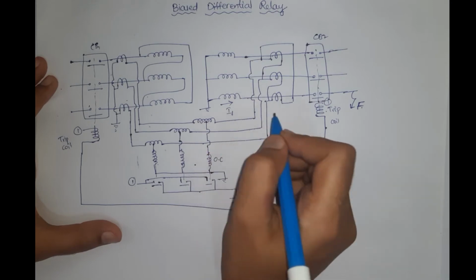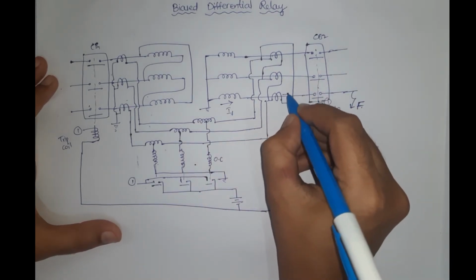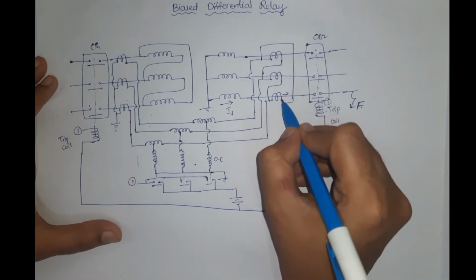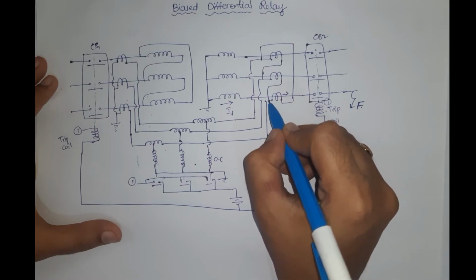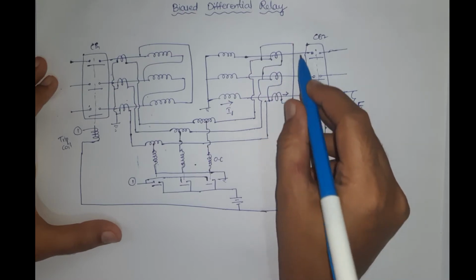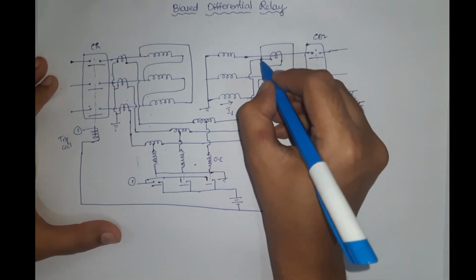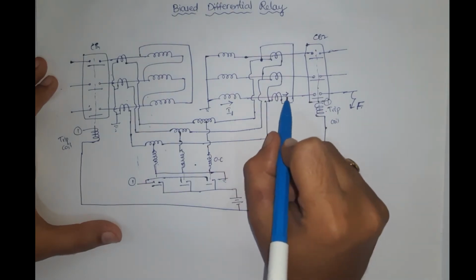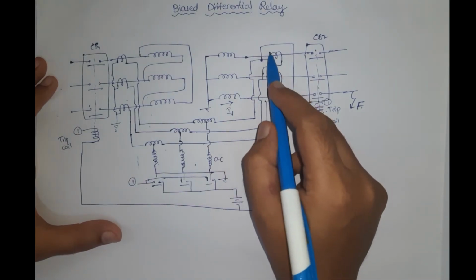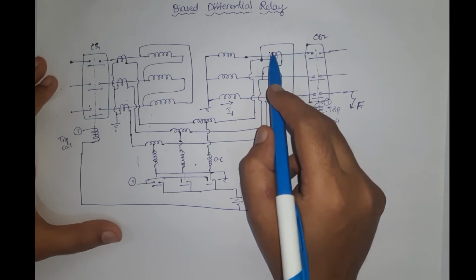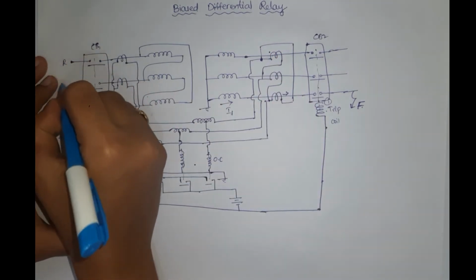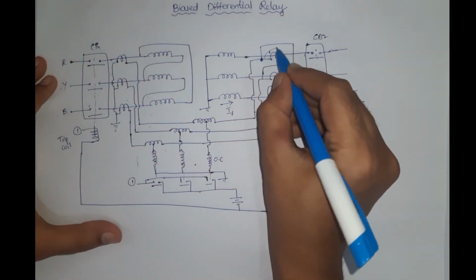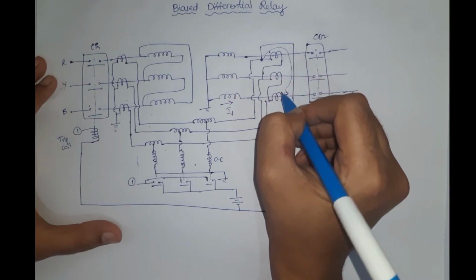When you come to the current transformer, it is supplied by this one, right? So the two ends of this coil of the current transformer are connected, one point from this one and the other point from this one. Right, so these are the two points. That means the fault current flowing through the current transformer is also supplied by this line, that is R. From here also that fault current is flowing from this point to this point, right?